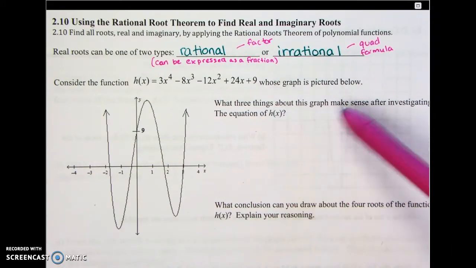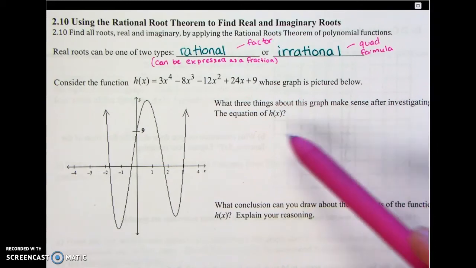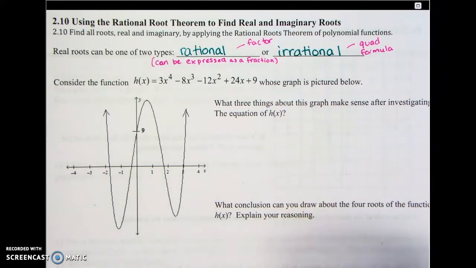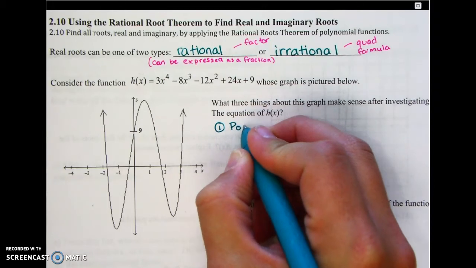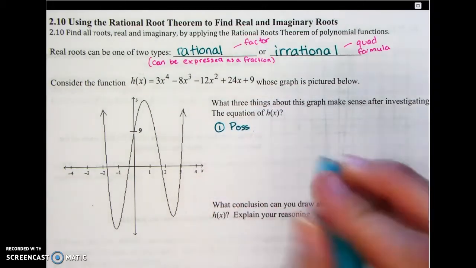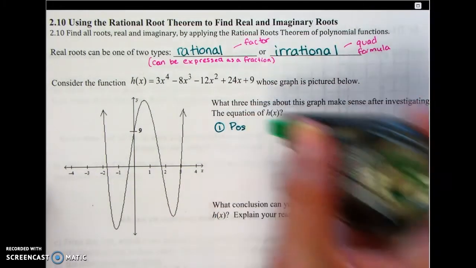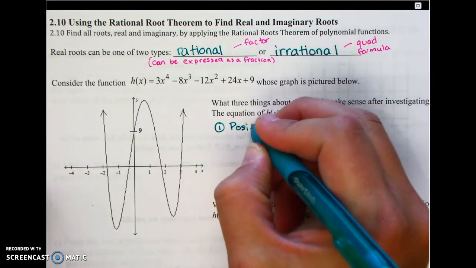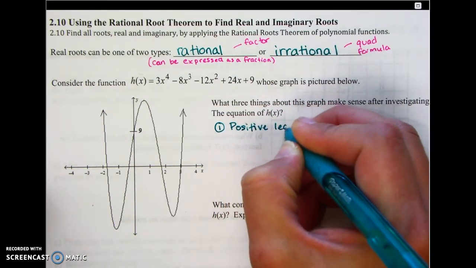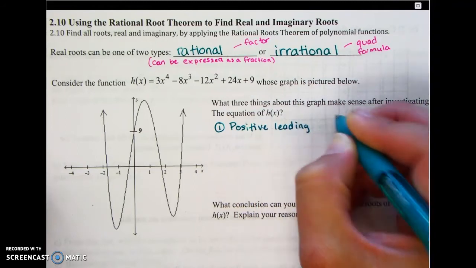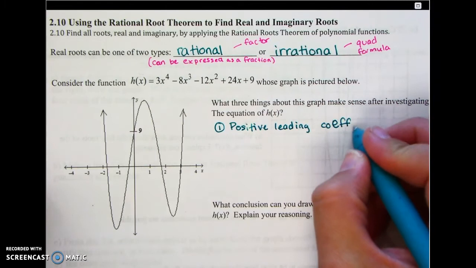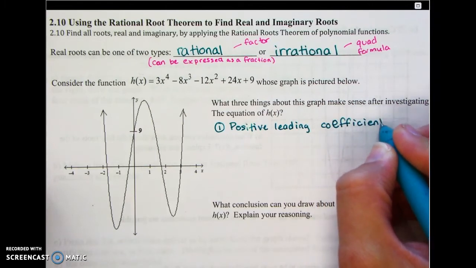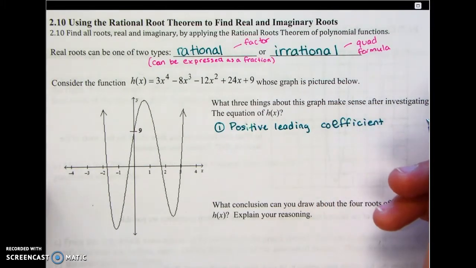What three things about this graph make sense after investigating the equation? I think I just said them all. So, what makes sense? Is that how you spell positive? No, that's how you spell possible. Positive leading coefficient. I think I misspelled this today, so I'm gonna spell it correctly. Yay, positive leading coefficient